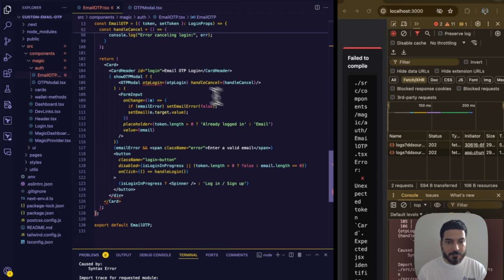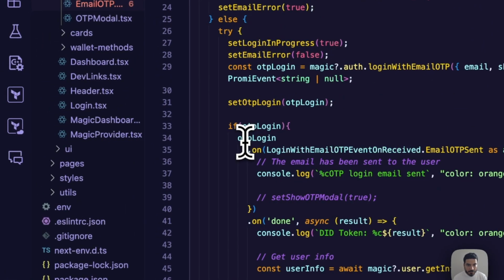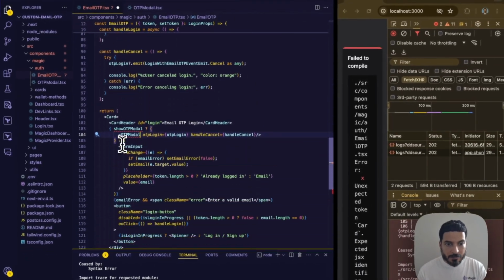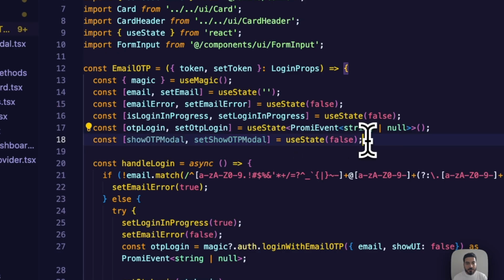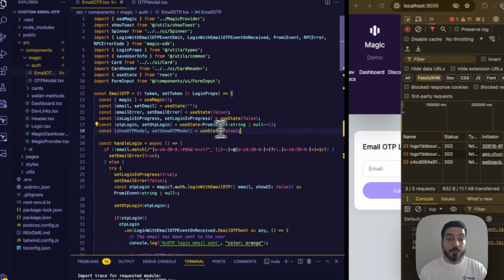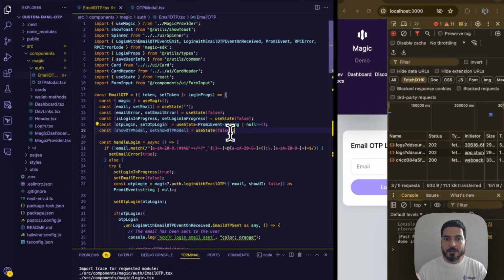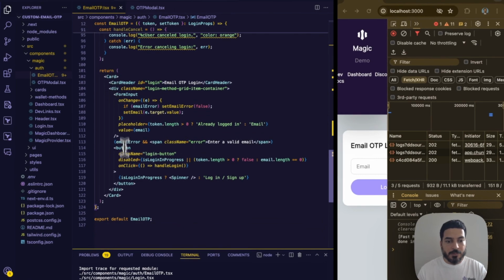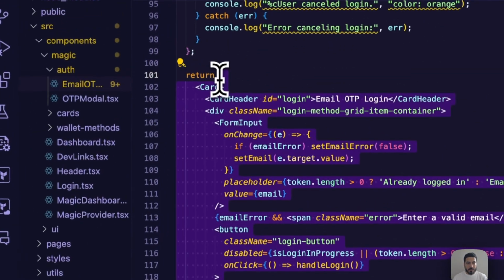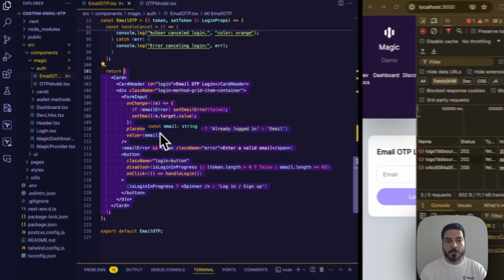Now, on the bottom, I'm going to do one last thing. Actually, I'm going to have to reverse some of this as I am missing, let's see. Okay, let's go back here. I've added a show OTP modal use state, and with this I can control display of the OTP modal after sending the user their login email. Right now you see our return is relatively small. It's going to expand a bit but look very similar. All that I'm adding